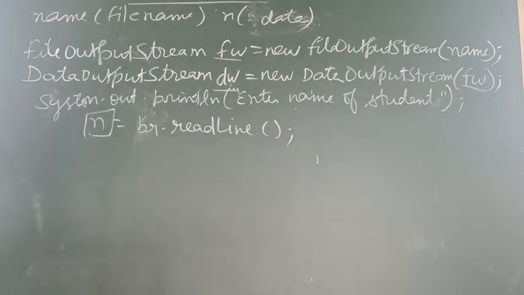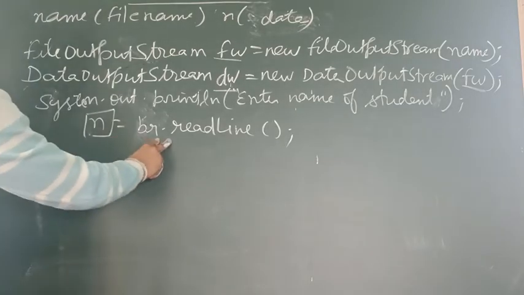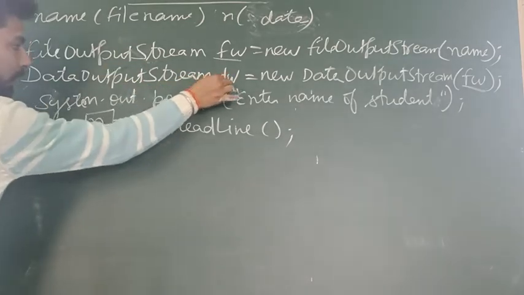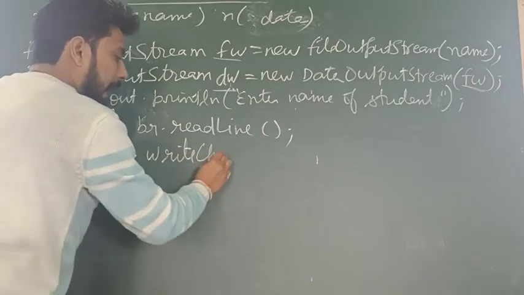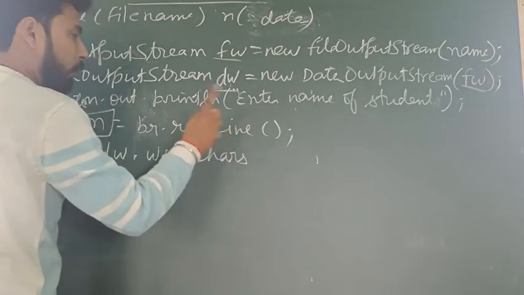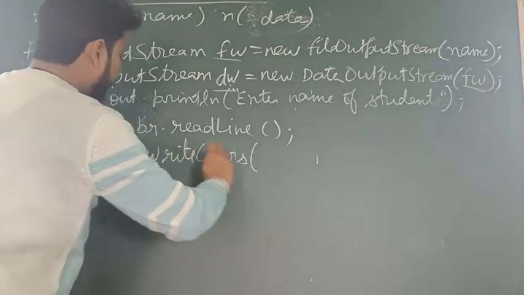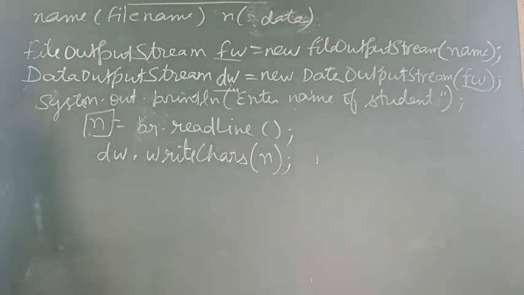Okay. So now this is the string. ये कौन सा हमारा एक स्ट्रिंग है, और स्ट्रिंग के लिए हम कौन सा फंक्शन यूज करेंगे? That is our string, this one: writeChars or the writeUTF or writeBytes. Okay. So n equals to readLine, then dw. What is write with our dw? dw.writeChars or the writeUTF, but UTF we will not use, we will use writeChars, and in this we just pass our variable n. Now your n data will be written in the file abc.dat.